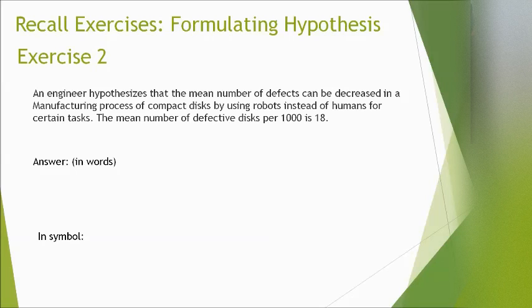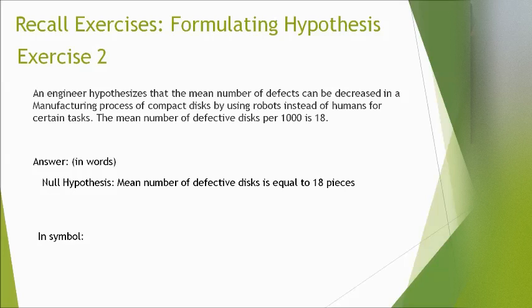The mean number of defective discs per 1,000 is 18. Okay? So again, now the keyword is decrease. If it's decrease, meaning less than symbol, we're going to use what? Left-tailed. So transforming it or writing it in words, formulating the hypothesis, again, we're going to start with the null